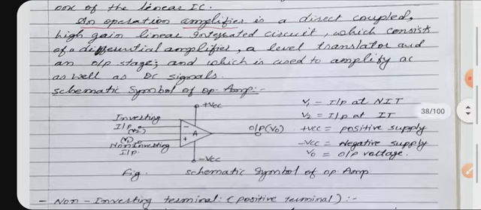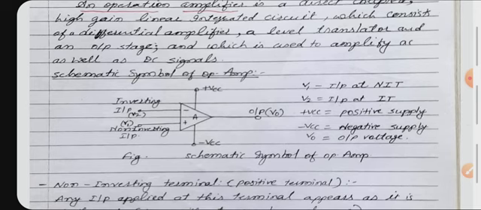Already you have studied the theoretical treatment of this operational amplifier in HSAD subject, though in a very short time I will just revise it. This is the symbol of an operational amplifier. There are two terminals, inverting terminal and non-inverting terminal, plus VCC, minus VCC, dual power supply is applied. Any input signal applied at inverting terminal gets inverted at the output, and any input signal applied at non-inverting terminal appears as it is in the output. That means there is no phase shift when the input is applied to non-inverting terminal, and when the input is applied to inverting terminal there is 180-degree phase shift. Okay, so let us move further.